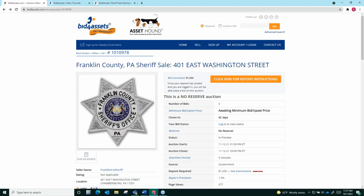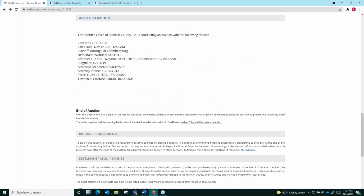In other words, placing your bid as a proxy bid is similar to having a number in your head when you go to a live auction, and our automated system will bid up to that amount on your behalf, but not over it. So with all of that in mind, let's talk a little bit about post-auction procedures and settlement